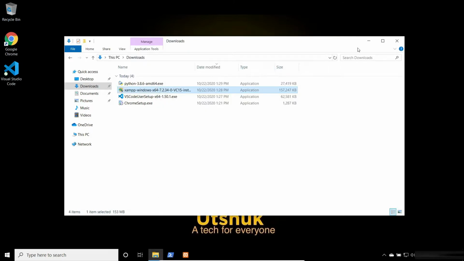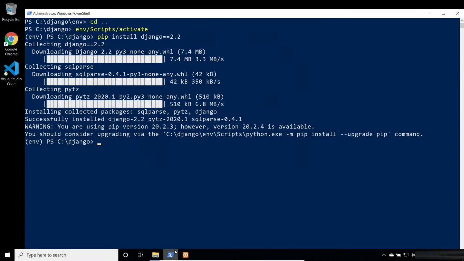Let's minimize this. Now let's see, Django has been successfully installed here in our virtualenv. So now let's create the Django application. In order to create the Django application, we need to give the command django-admin startproject and your project name.